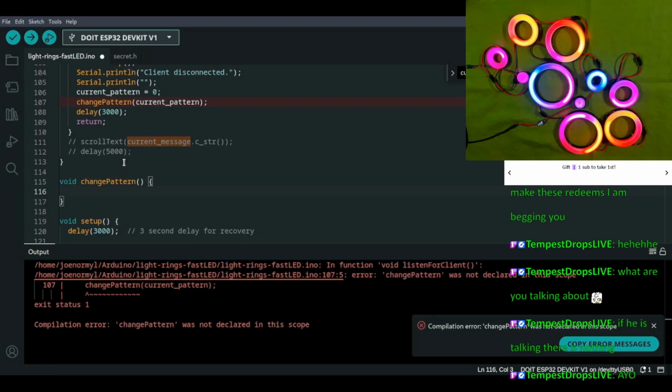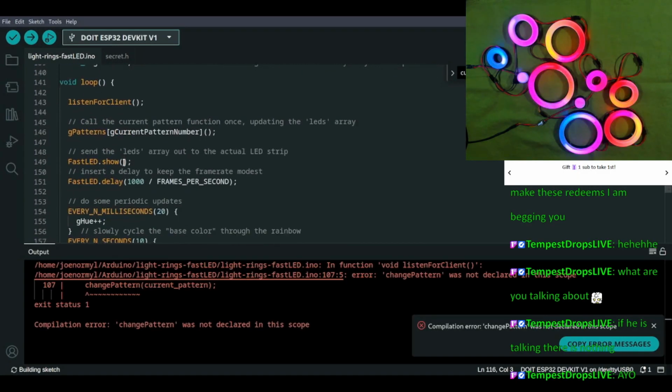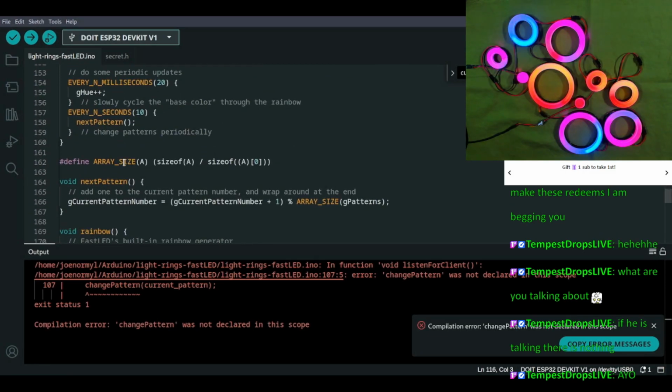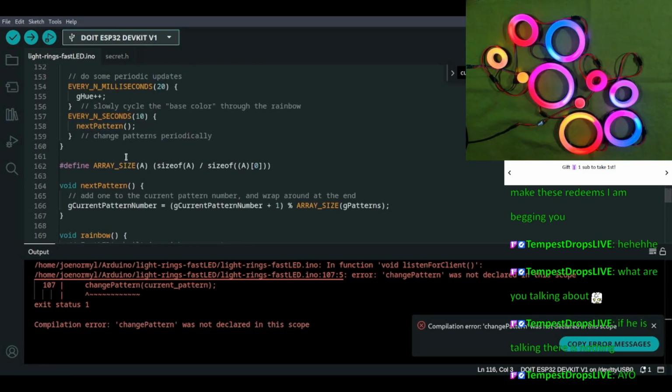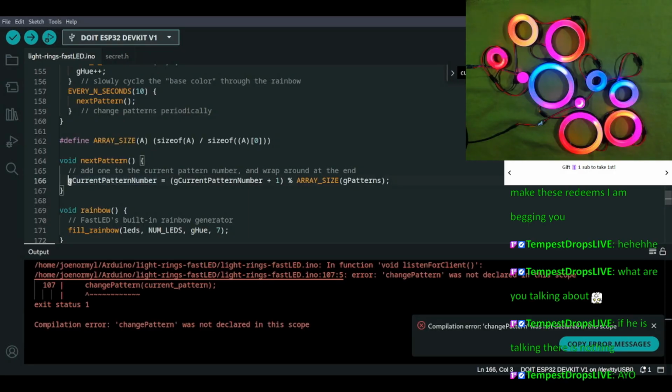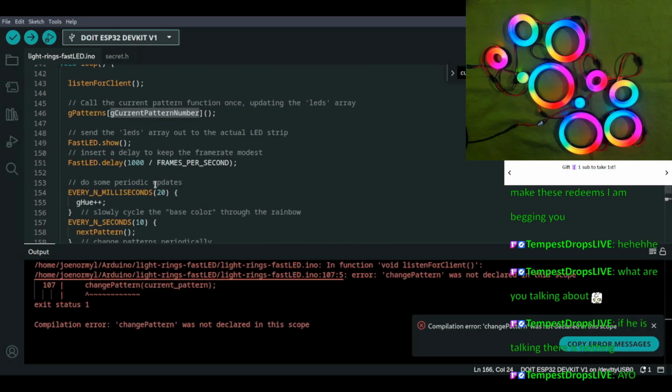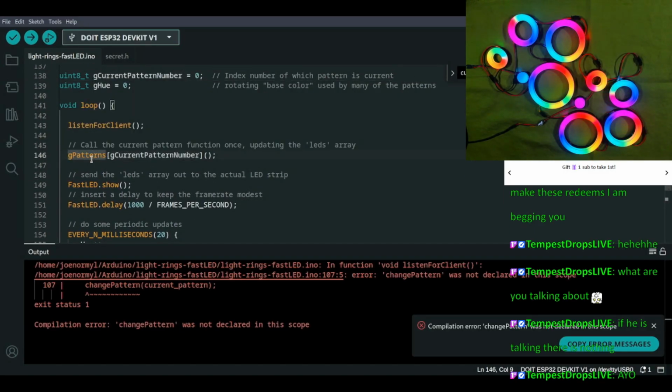Right. All right. So that, in theory, g current pattern number equals. And then what is actually changing? g patterns. Okay. So let's just copy this.